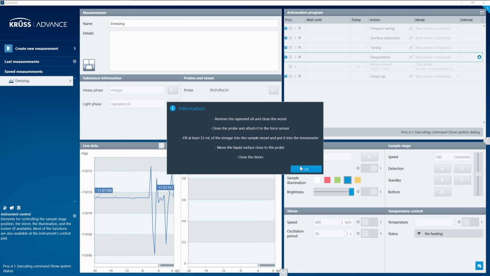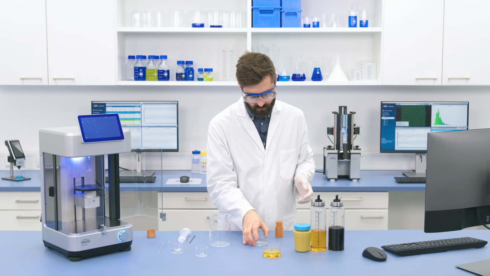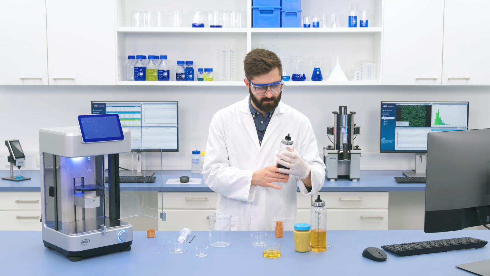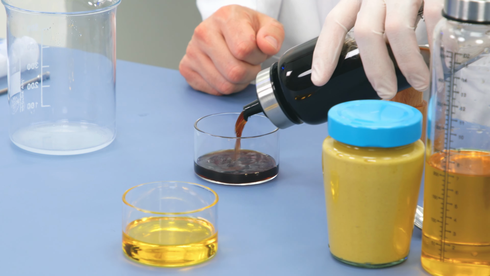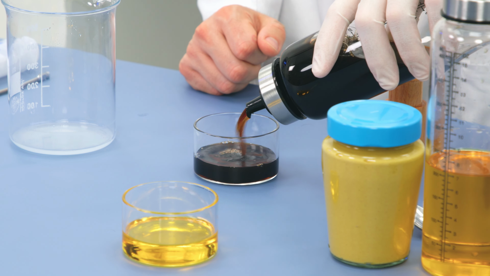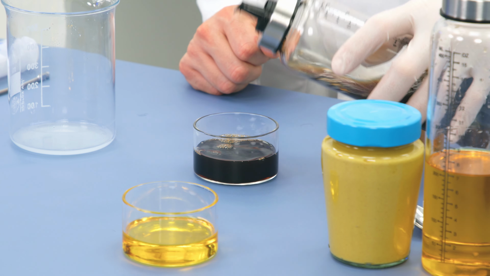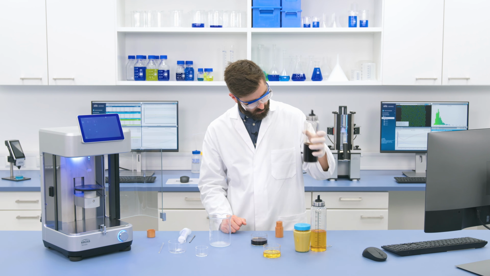Okay, now I can check back what my next instructions are. I need to take a new glass and fill in about 50 milliliters of my vinegar. Should be just about enough.